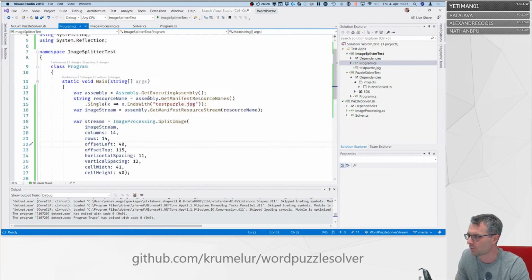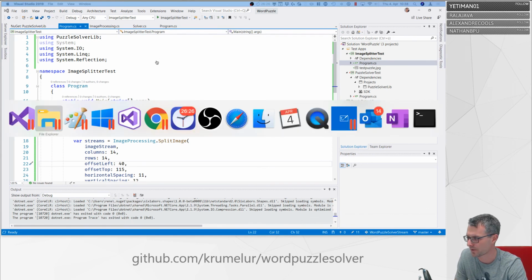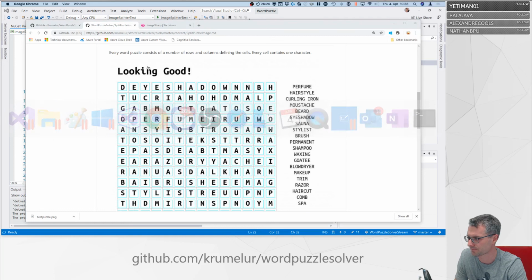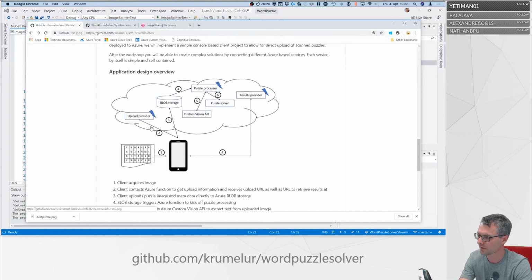Okay, so with that in place, we have got another puzzle piece solved. No pun intended here. And we have got our code in a library. So if I go back here to my, where's the browser? There it is. If I go back to the overview of what we are planning to do, we can now